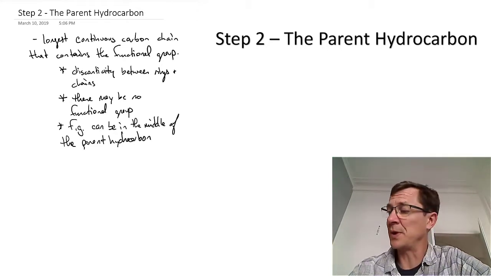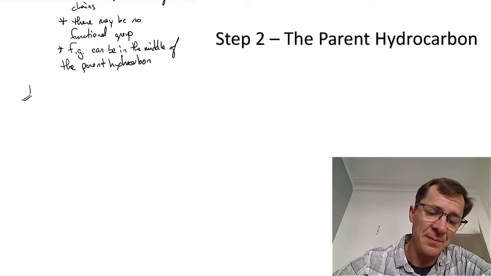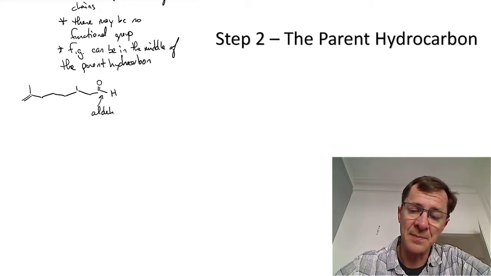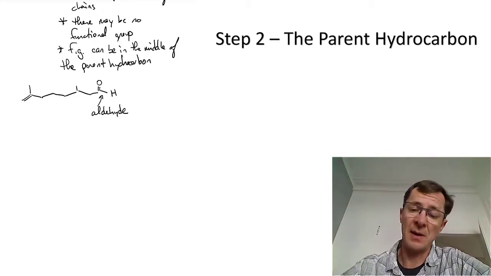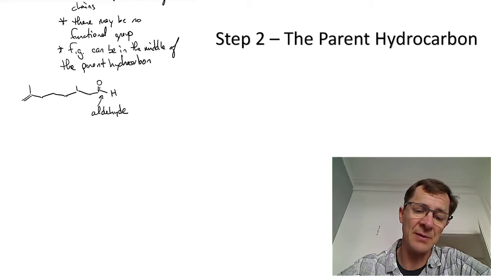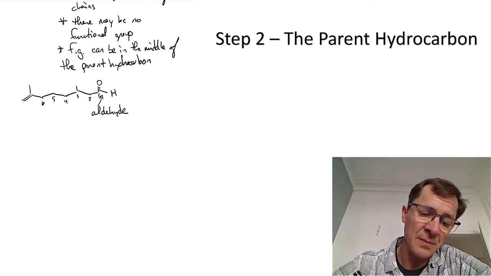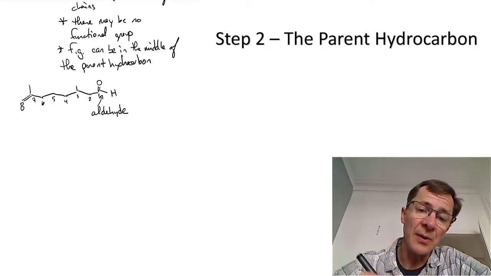Now, the easiest way to do this, I believe, is by example. So let's go back to our buddy citronellal. Our functional group, as we talked about earlier, is the aldehyde here. Our longest continuous carbon chain would be, starting here at the aldehyde, 1, 2, 3, 4, 5, 6, 7, 8. So I can go that way. One could easily also argue that I could have gone this way,